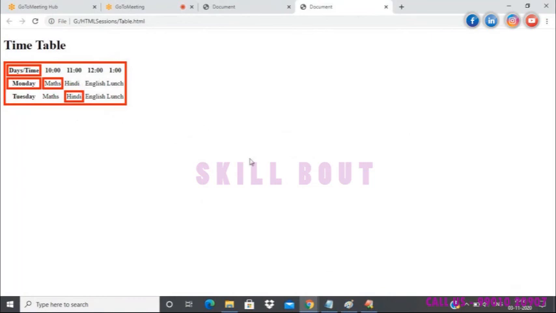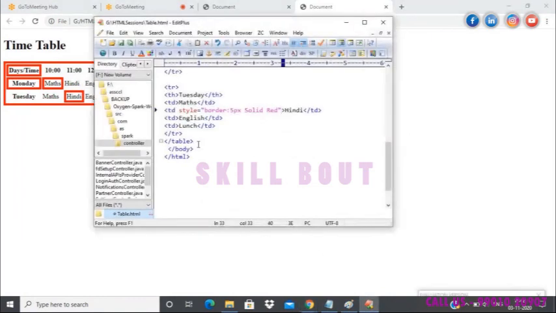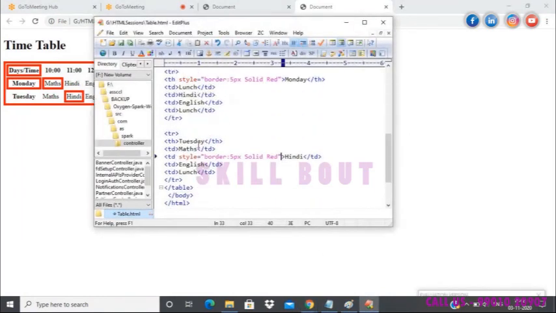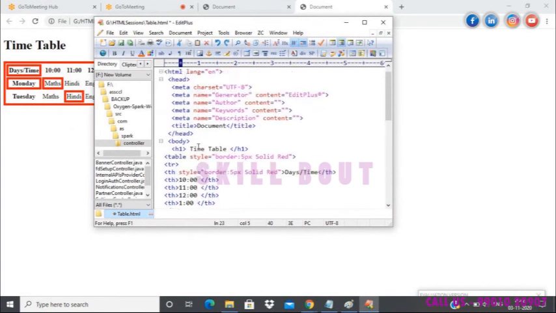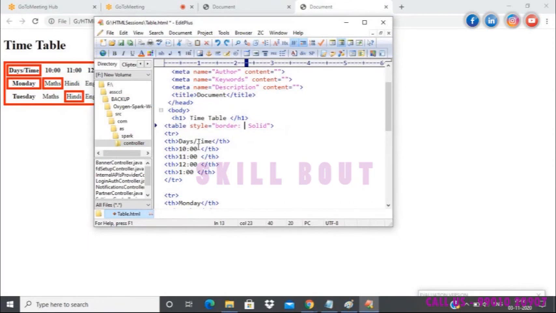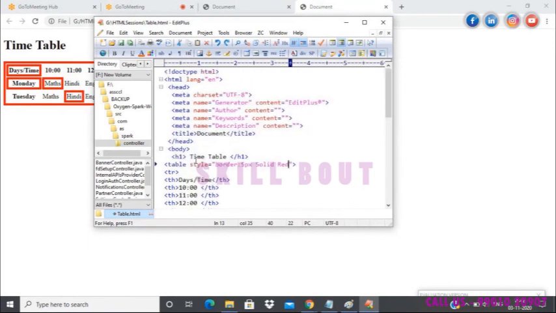Now I'll show you the easiest way of having the border for all the cells of the column. I just have to use a tag, outside the body or inside the body, wherever you want, called a style tag, inside which we will be writing some CSS code.